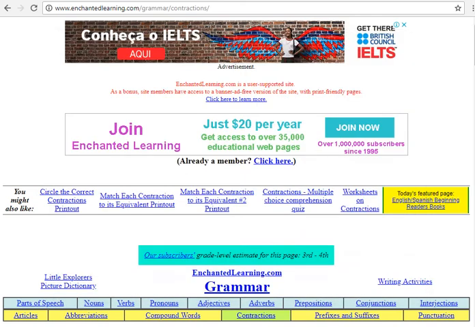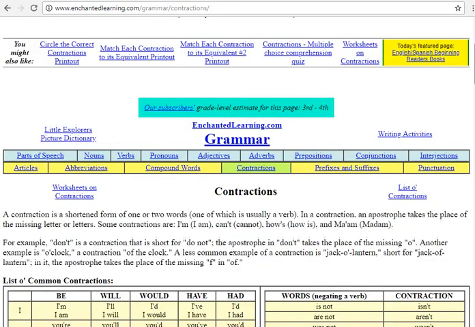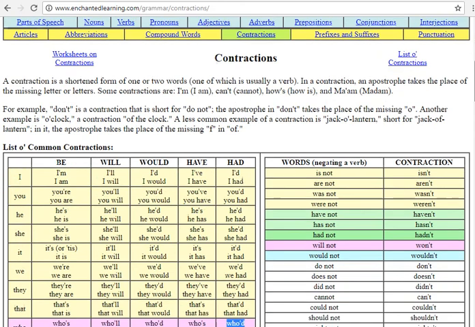Okay, we're looking at this site here. It's become very useful. enchantedlearning.com/grammar/contractions. If you go to this site, you can see a list of very